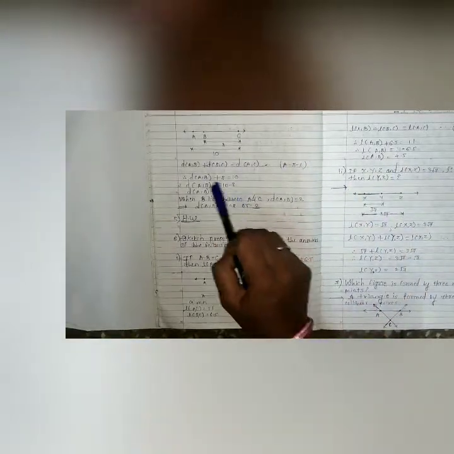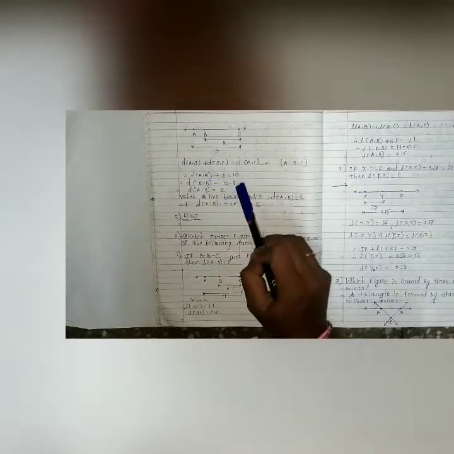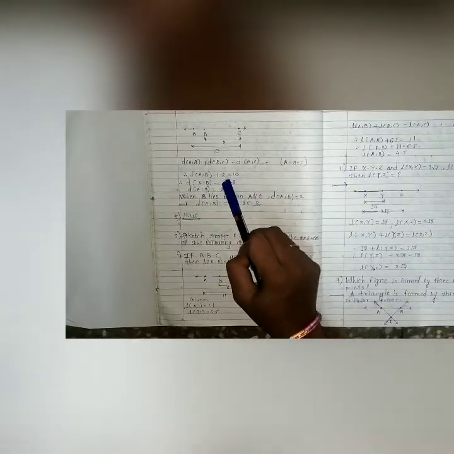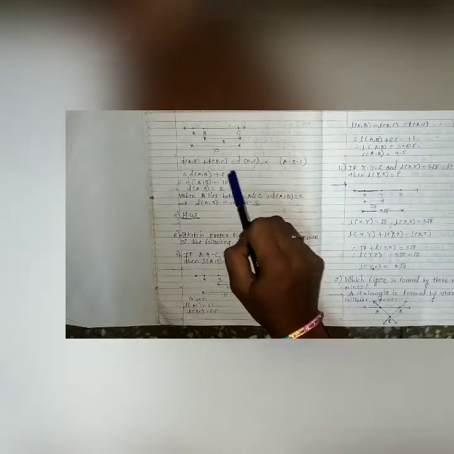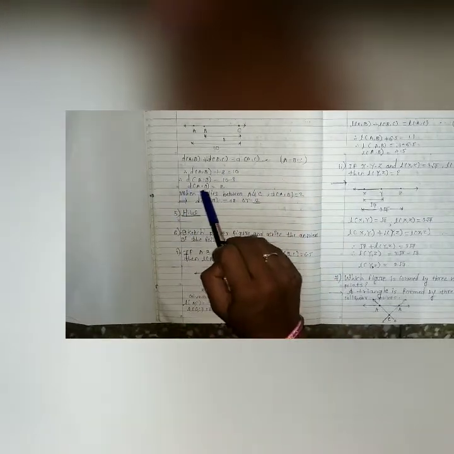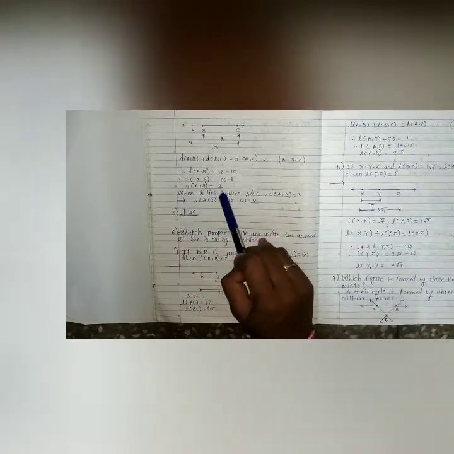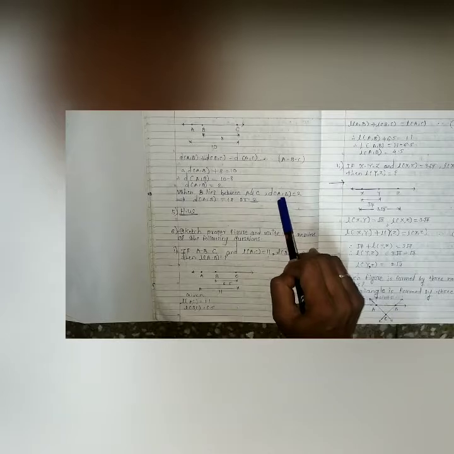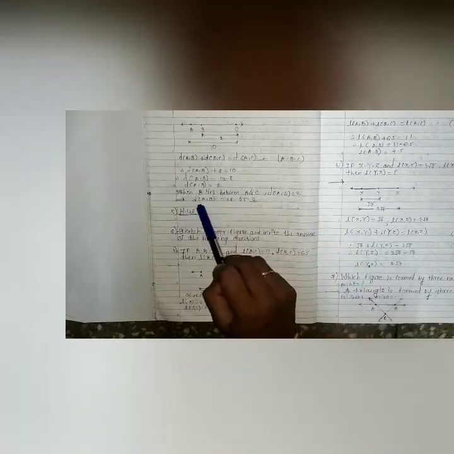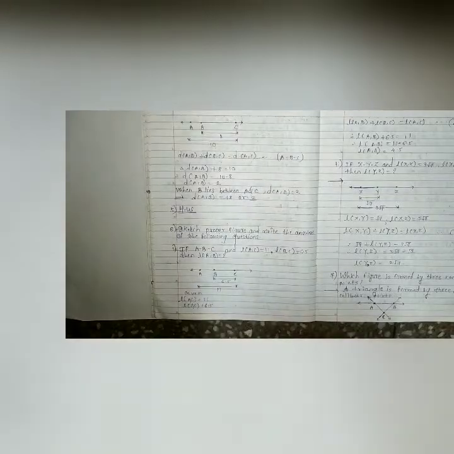By substituting the values to find the distance AB, write distance AB as it is. Distance BC is equal to 8, distance AC is equal to 10. Here it is plus 8, on this side it becomes minus 8. Therefore, distance AB is equal to 10 minus 8, which is 2. When B lies between A and C, distance AB is equal to 2. So distance AB is equal to 18 or 2. These are the first and second possibilities.